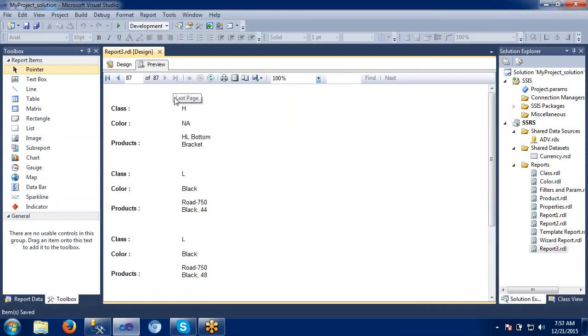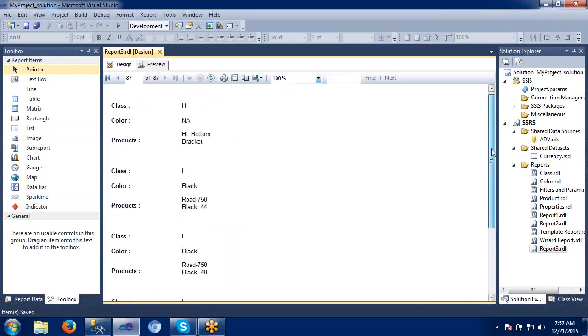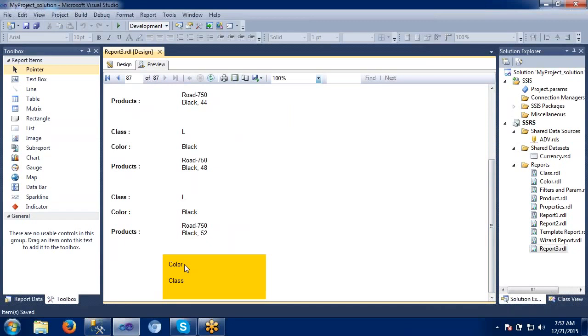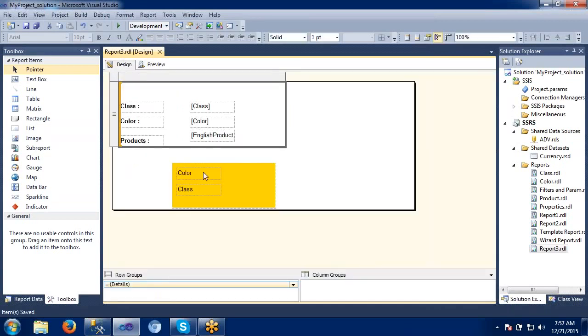Let's go to the last page where we have a rectangle also. So here we can see the rectangle where we have displayed some color and class. Generally, what is the use of this?